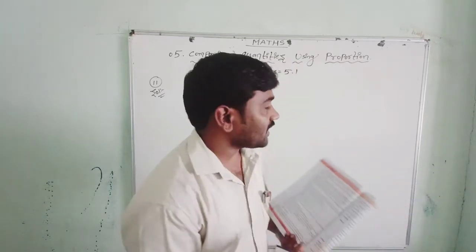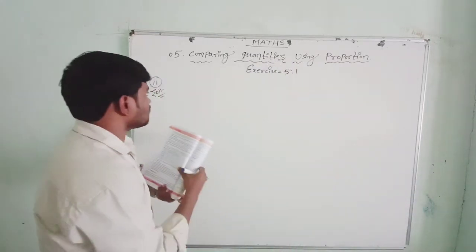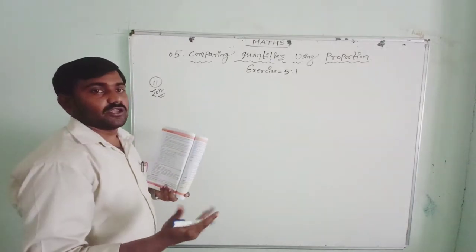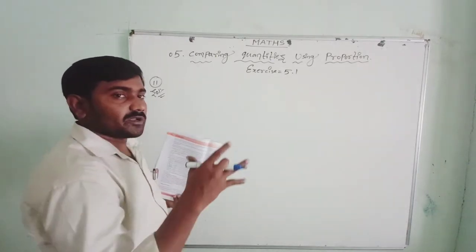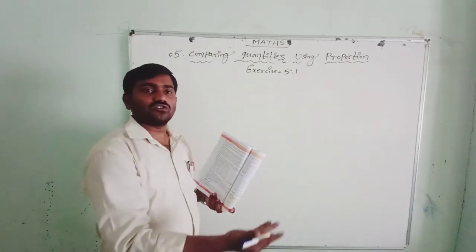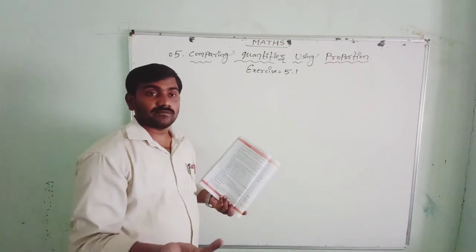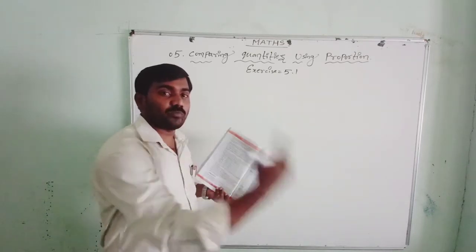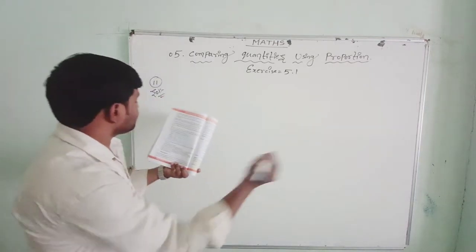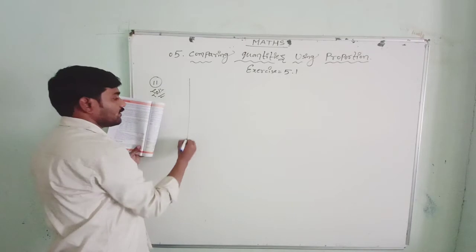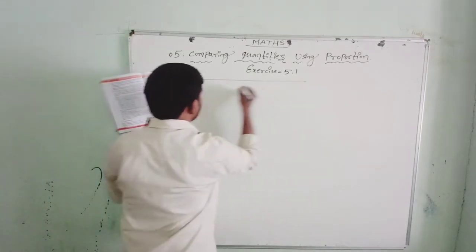The prices were already given, so we have to help Madhuri find the changed prices. Before she goes to the supermarket, there are prices Madhuri already knows. But after she went to the supermarket, everything is changed. Now we have to help Madhuri find how much she has to pay. The items are given, so let me draw a table.